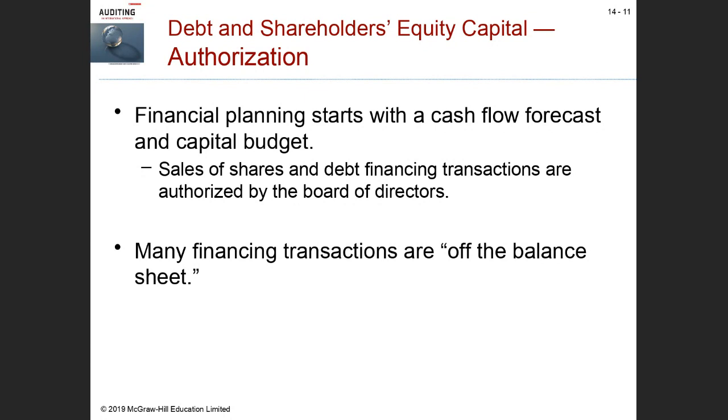But historically, there was an issue with respect to leases, and the fact that many leases were not recorded in the balance sheet. So that was one of the largest ways that management could manipulate their financial statements, was by having a lot of leases for equipment as opposed to purchasing equipment. Because when you purchase equipment, debt is shown on the balance sheet, but when you lease equipment, in the past, typically it was not. Now, again, those rules have changed fairly recently, so that most leases today are in fact recorded on the balance sheet.